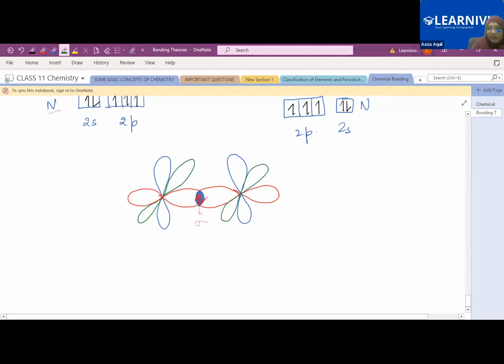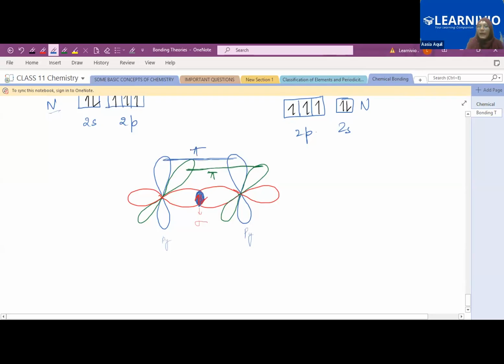This will be your pz axis of this nitrogen. Okay, so between this green color, this pz and this pz of this nitrogen, इन दोनों के बीच में भी there will be an attraction, an interaction. So this is your sigma bond. Okay, similarly between these px, this is your px, sorry, py, and this is your py. So between these py orbitals, again there will be interaction, and this interaction leads to the formation of your sigma